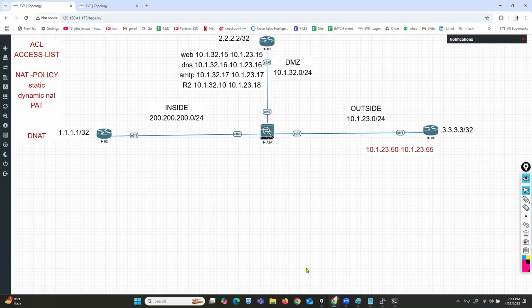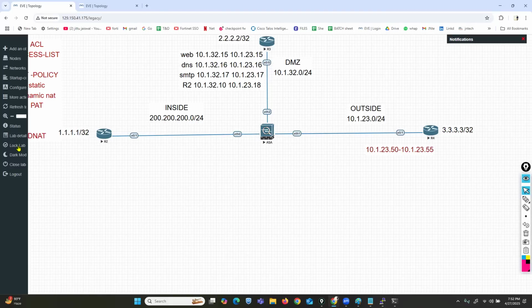We are trying to implement destination NAT. So what is destination NAT? Remember our discussion: with destination NAT, we can map multiple servers with a single public IP. For example,